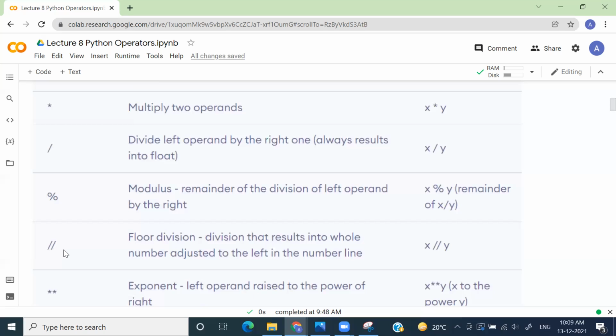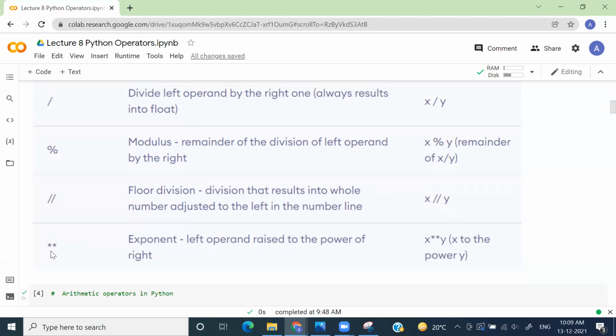It will truncate the 0.5 part and take only 2; it will take the floor value of your quotient. And the last arithmetic operator is the exponentiation operator. This double asterisk is the exponentiation operator. So if you do 2 double asterisk 3, that is 2 to the power 3, which will give you an output of 8, right?